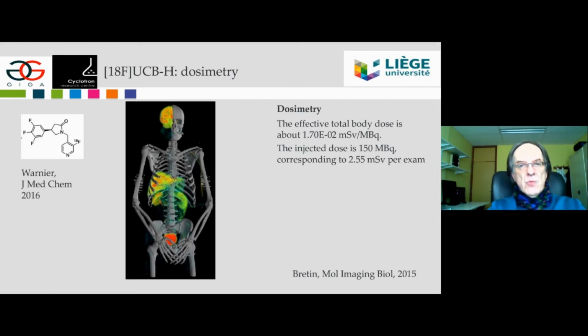Moreover, because we know that the activity is concentrating in the bladder, the recommendation is clearly for people to drink a lot so that they will wash their bladder and eliminate as much as possible of the activity which is there in the bladder, so decrease the risk of local radioactive